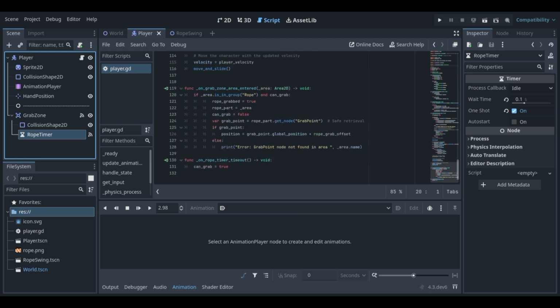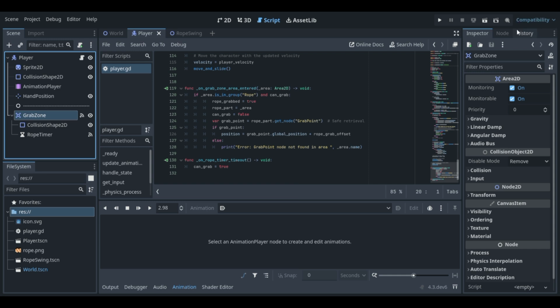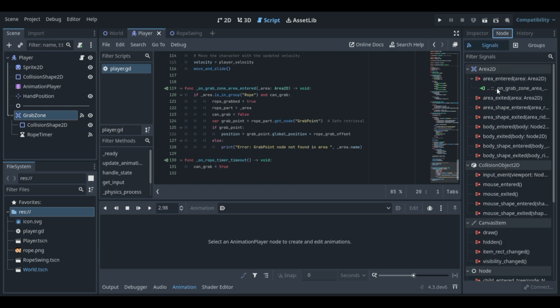So we have a function grab area entered. So in this grab zone, we have a node here, and the area is area_entered. Okay, so here's the code. If area is in the group rope and can_grab, so rope_grab is equal to true, rope_part is equal to area, can_grab is equal to false, and var grab_point is equal to rope_part.get_node(grab_point).